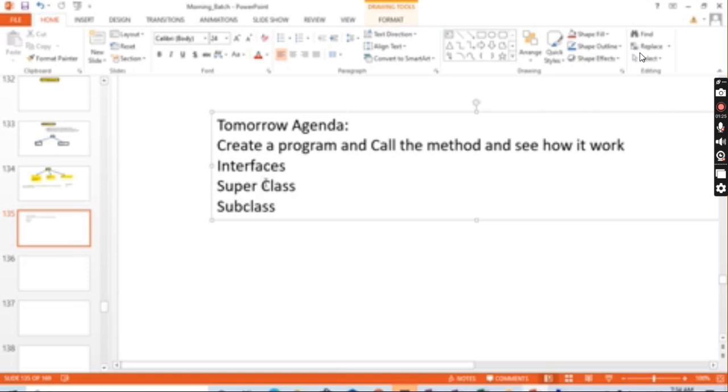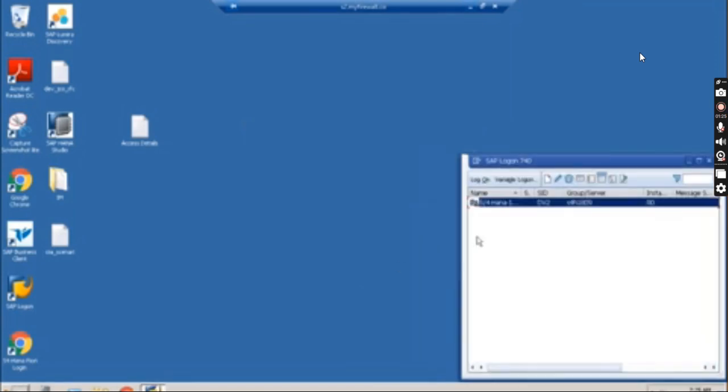We'll also see about the object instances, the static method and the instance method, both kinds of methods, and what the meaning of instance is and what the meaning of static is. That also we are going to see in today's class. Let's go to the system,